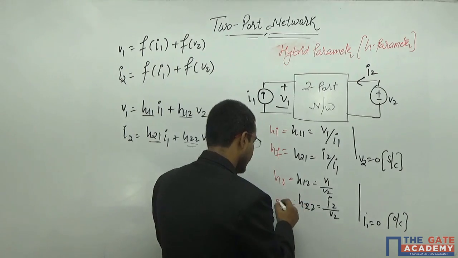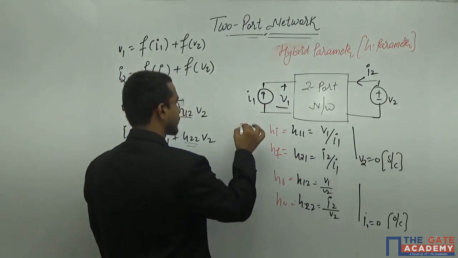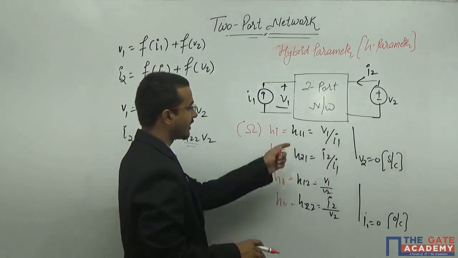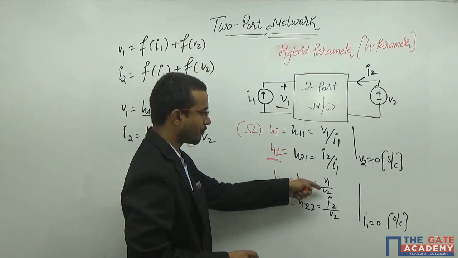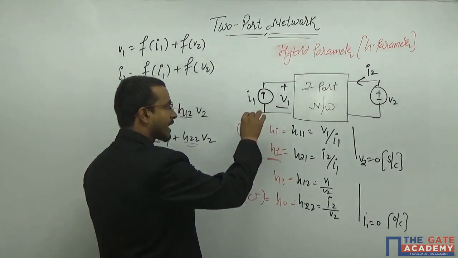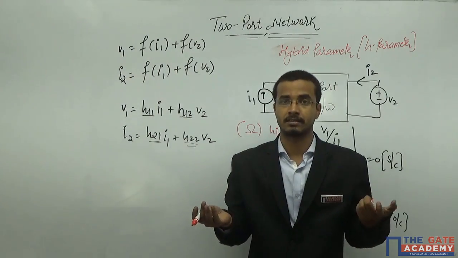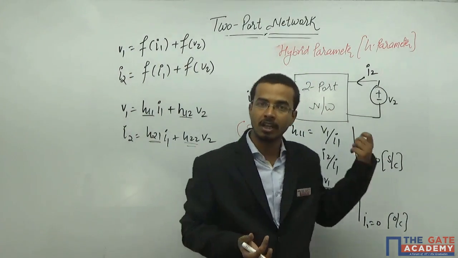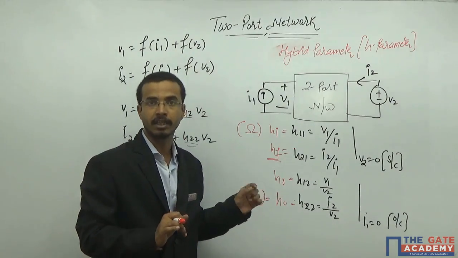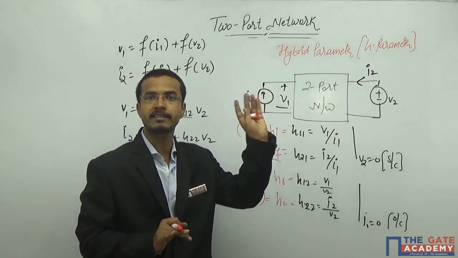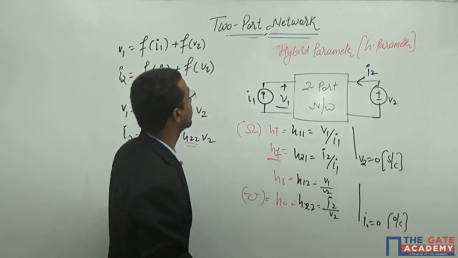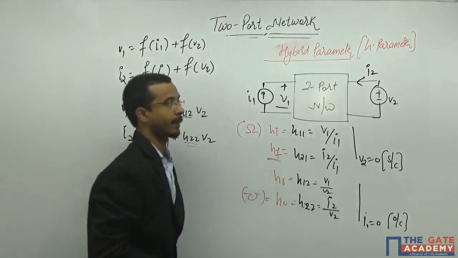And here it is my HO. The unit of this will be ohm. Here the unit is unitless because it is a ratio of currents and a ratio of voltages. But here the unit is admittance. All four parameters have different properties, which is basically a mixture of all the combinations. Only these things can happen in any particular circuit: either current gain, voltage gain, impedance, or admittance. And here you are getting the combination of all the parameters. That is why it is known as the hybrid parameter.